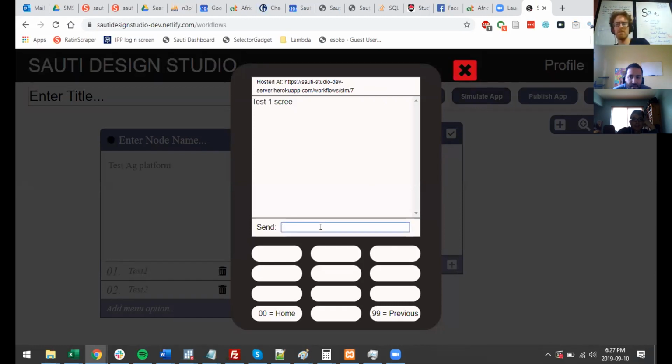It needs to be published in order to simulate? I mean, it can be. Yeah. Publishing puts it on USSD and the simulator. That's something I could change. Simulate could just publish it to the simulator, and then I could put at the top that it's on USSD, that it could be accessed by Africa's Talking, but it wouldn't be true until you press the publish button, right? So that's some design choices.